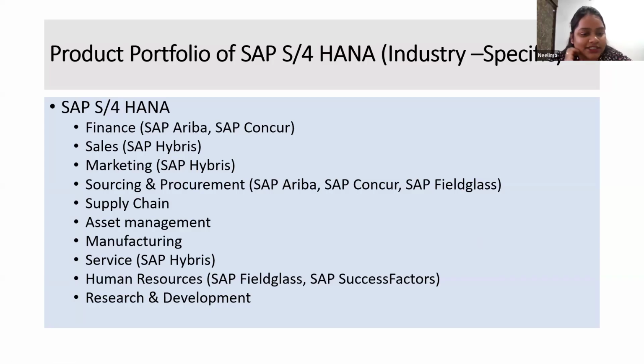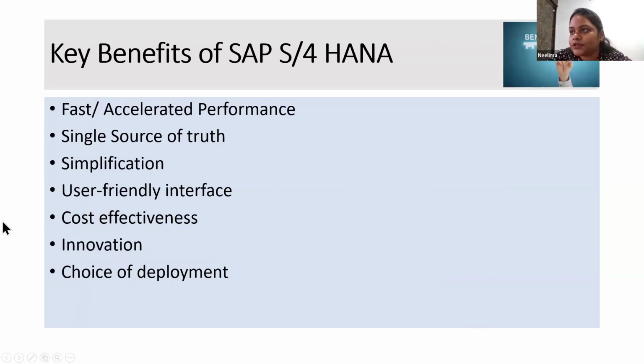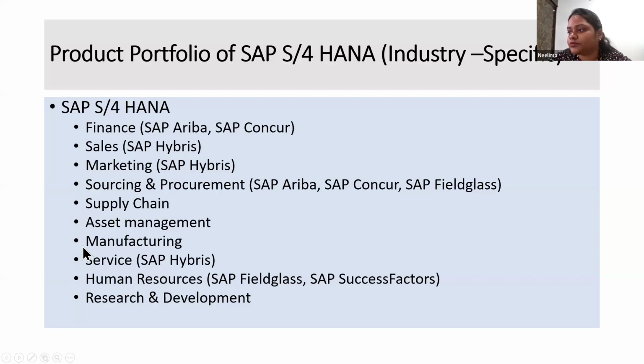So SAP sales, marketing and service, it provides services like marketing and sales. And for this, SAP Hybris is also a cloud integrated system which is integrated with sales, which supports customer engagement, e-commerce and after sales service. This SAP Hybris is mainly useful for customer management. When we say customer management, the client relationship can be maintained in this SAP Hybris. Okay, this SAP Hybris can also be seen in this SAP service. Okay,